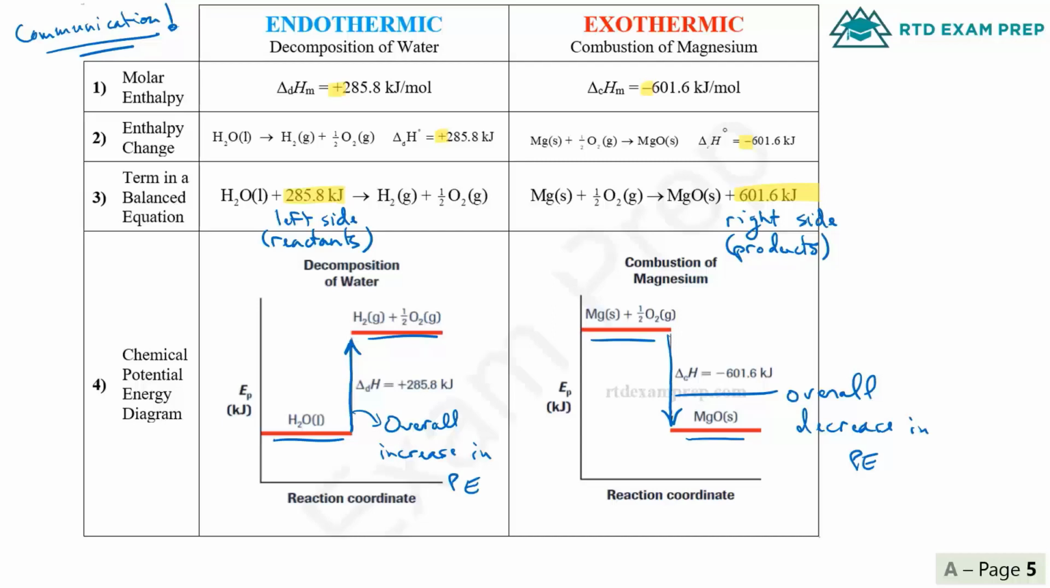Now, the first thing to note is that given how much energy is either going to be taken in by the chemical reaction or released by it, we have to remember that whatever energy term is stated, notice how these are molar enthalpies. So the energy values that are stated go